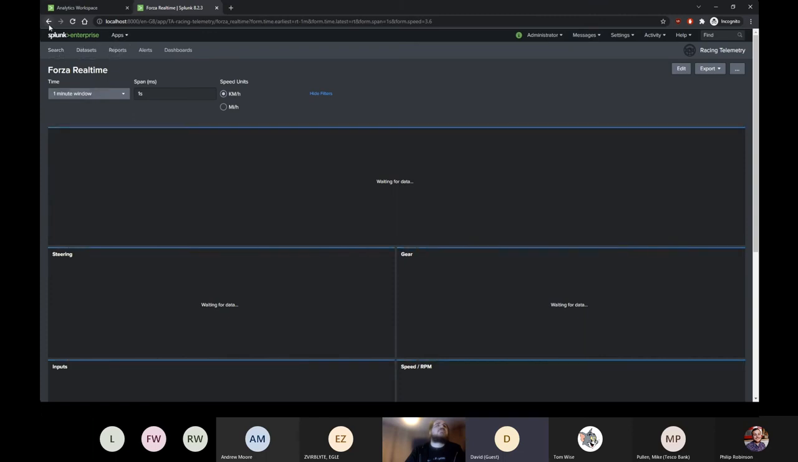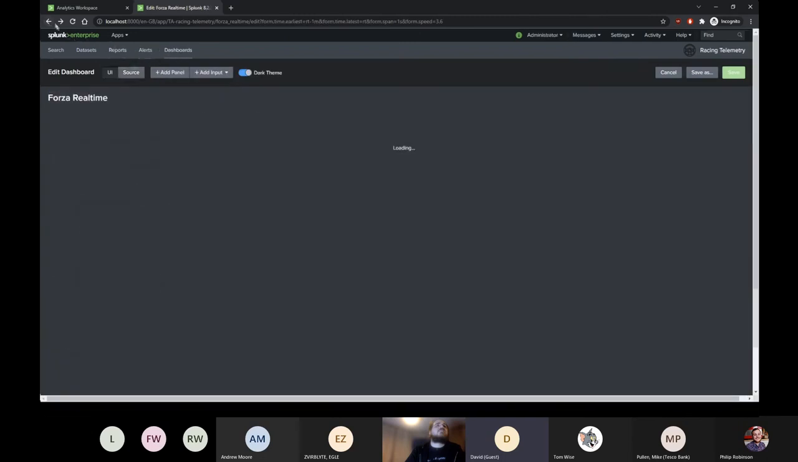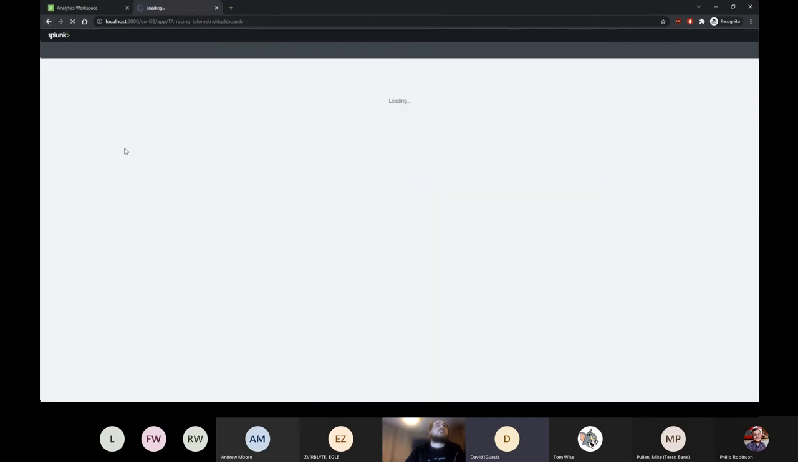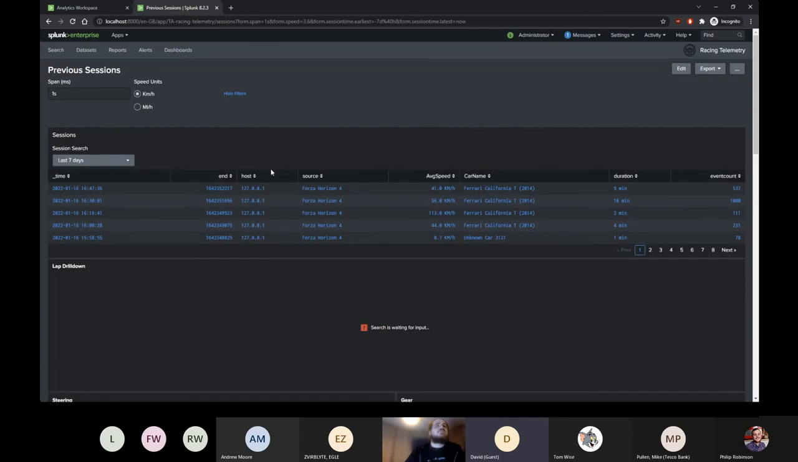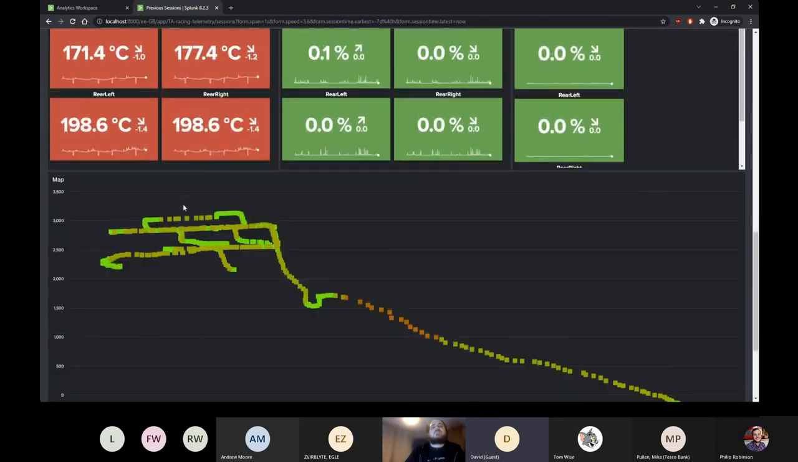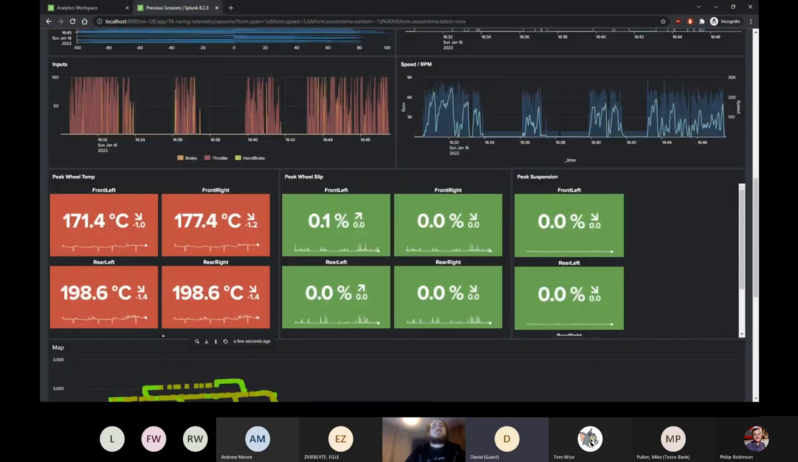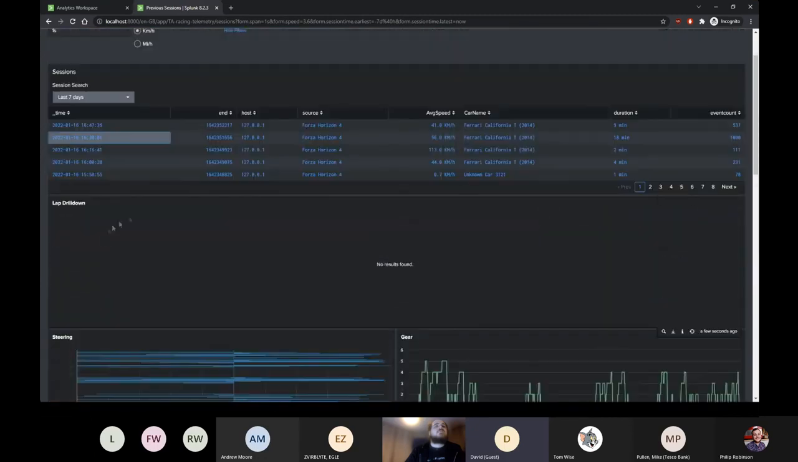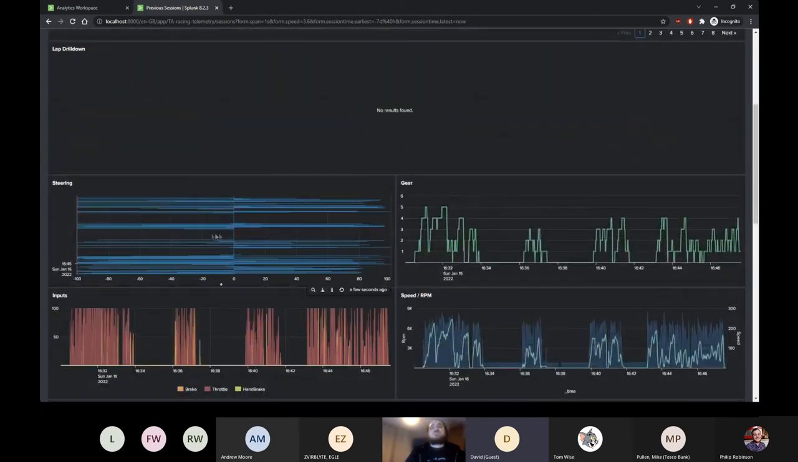If you're not actively playing the game, but you want to look at data, there's a previous sessions option, and this one's really cool because it lists all the sessions that you've had in the past time frame, and if you click it, it will generate the overall activity for that PlayStation. So over that 18 minutes, you can see the amount of steering that I did,